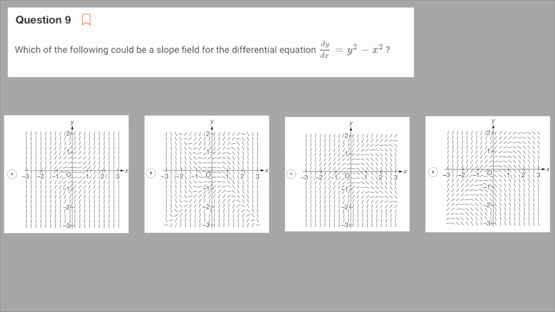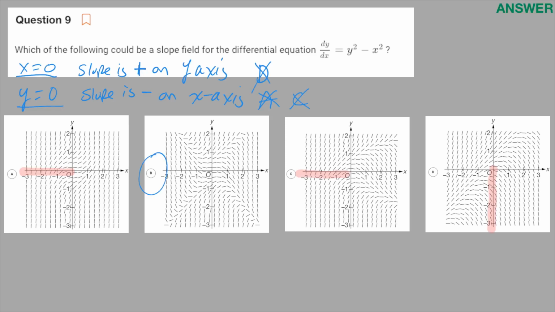Fourth one is matching a differential equation to its corresponding slope field. So just like finding intercepts by substituting in 0 for functions is pretty straightforward, substituting 0 helps you find slopes along the x or the y-axis. If I let x equal 0, then I know that the slope is a positive y squared, which means it has to be positive. So I look in the y-axis to make sure slopes are positive. These are all positive, these are all positive, these are all positive, but this down here is negative slopes, so